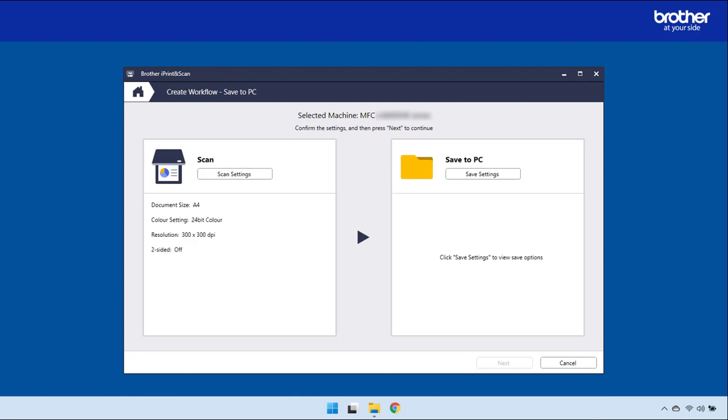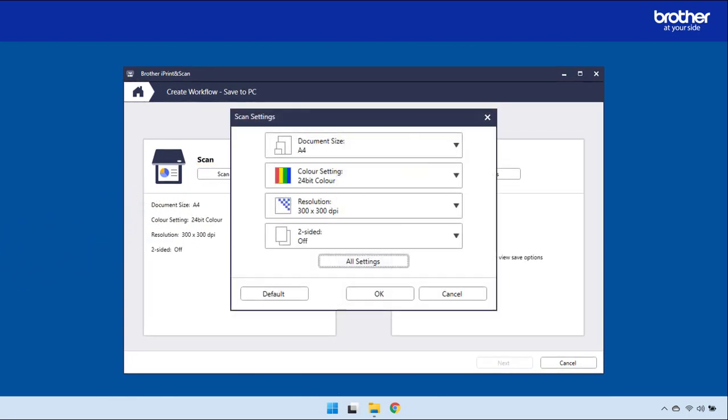Click on Scan Settings. Here we can set a range of scan settings, including the size. We're just going to stick with A4.